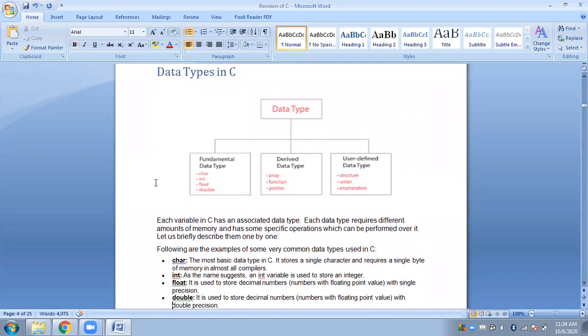Talking about data types, we can categorize data types into three broader categories. The first is the fundamental data type, which we also call primitive data type or the basic data types. In basic we have four different types: character, int, float, double. Somewhere you might also get void and boolean also. However, basically there are four fundamental or primitive data types, which are the character, integer, float, and